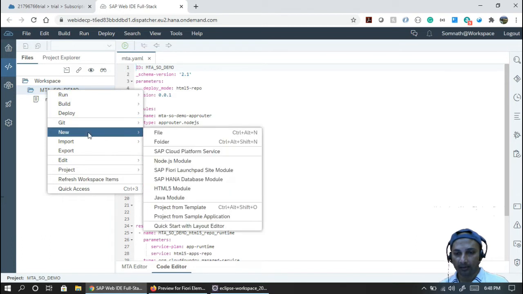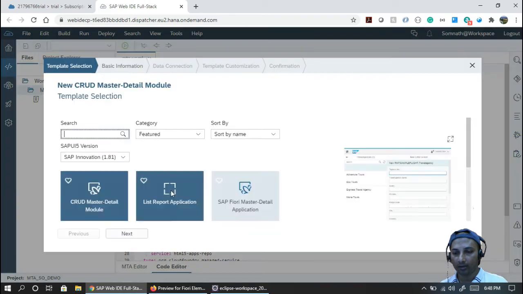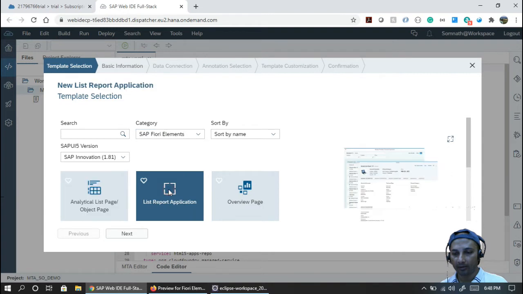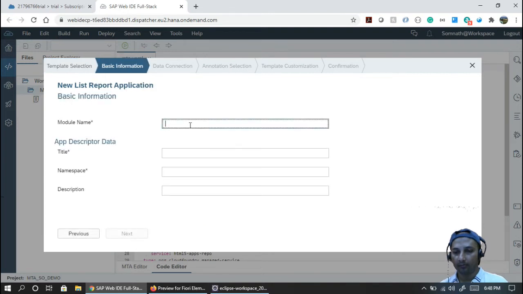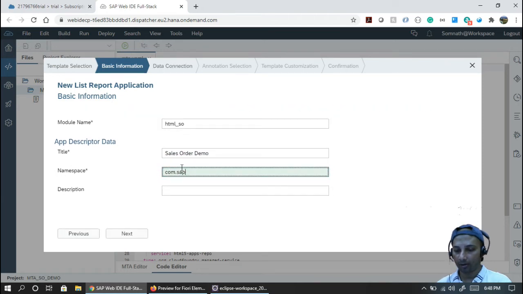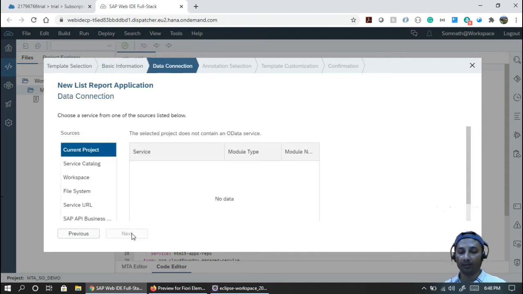So for that, if you click on your HTML5 module, and click on your Fiori elements list report, we're going to build, put some module name, maybe HTML SO, and then some title, let's say sales order demo, namespace, let's say com.sap.so. Next, right? So this is some HTML5 application I have built.